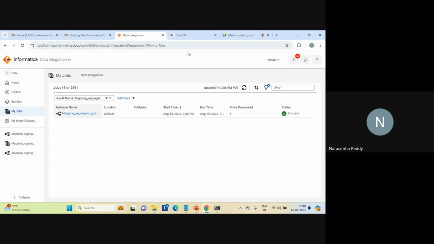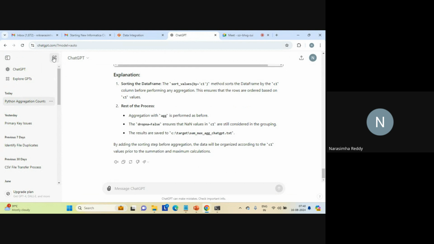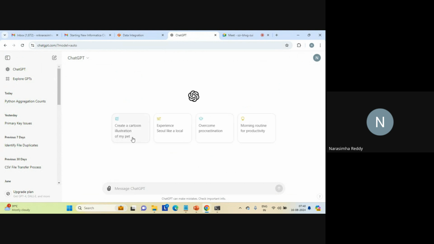Now, question: can we do it by using AI, one of the tools, which is ChatGPT? The answer is yes, to get the job done. It's very, very easy. Let me write one prompt and see whether we can get the max result or not. Write a Python code to calculate max aggregation with C1